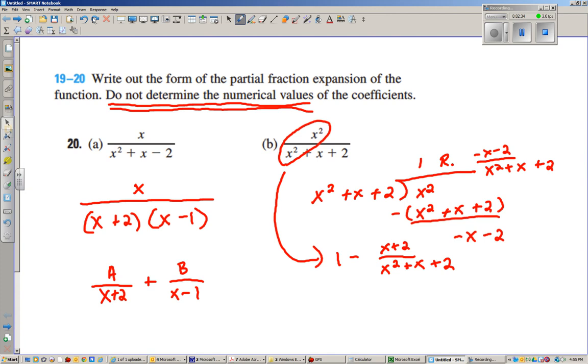And then, I guess we could take that a step further, start thinking about how we would deal with that. The x plus 2, there's two terms in that numerator that share that common denominator. So it could be written as 1 minus, well, an x over x squared plus x plus 2, and then